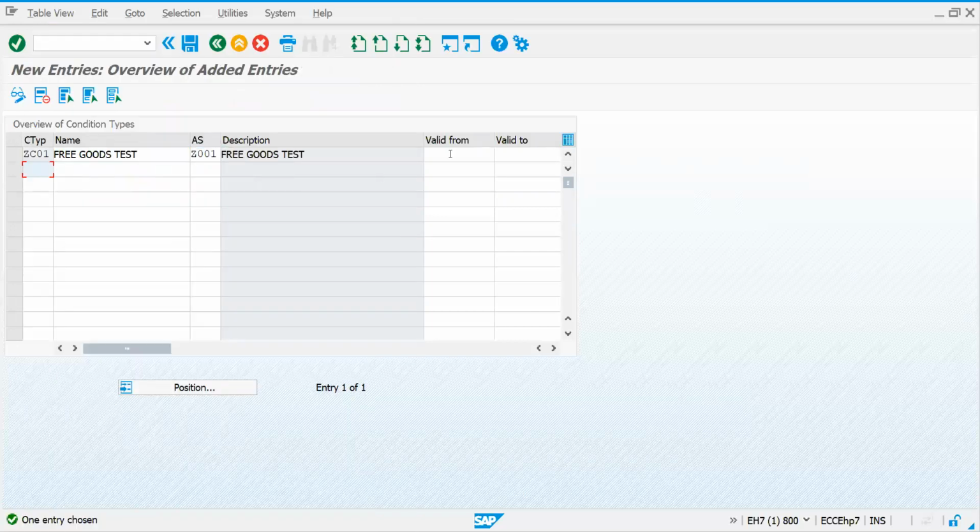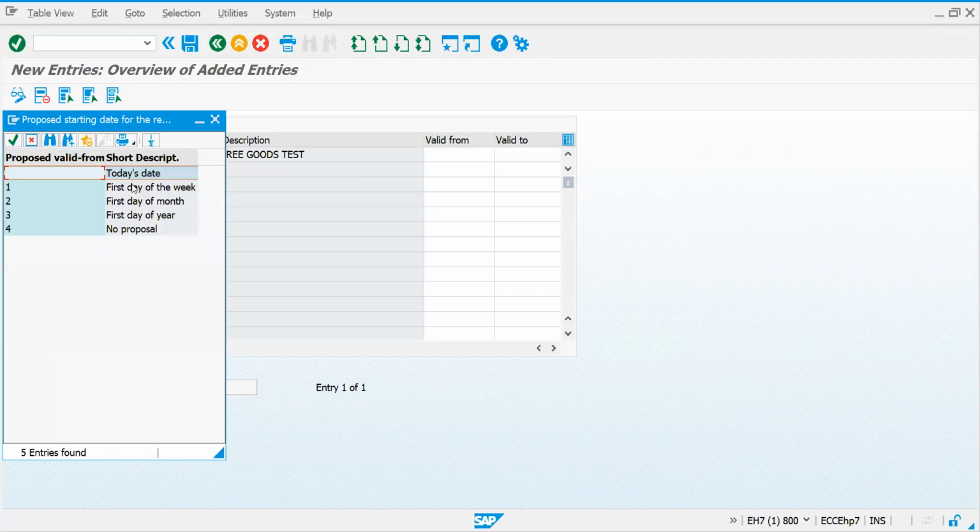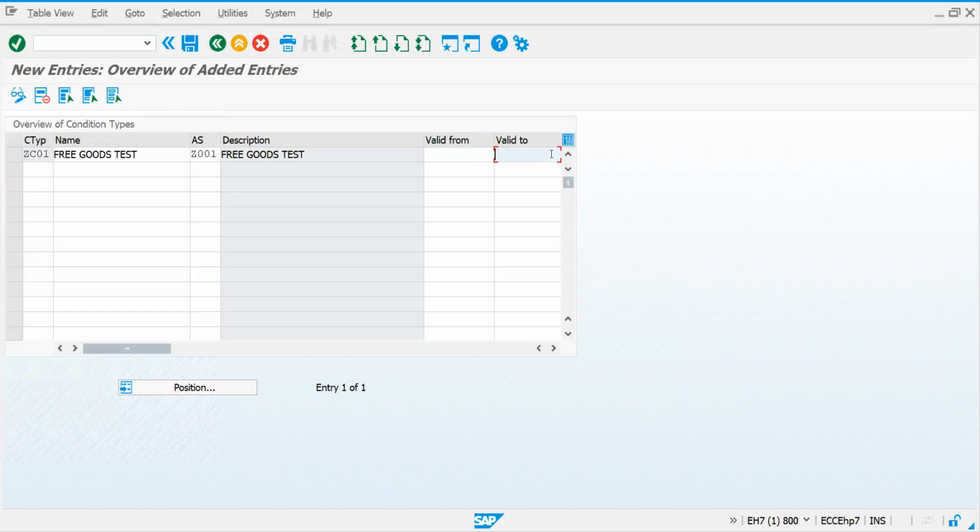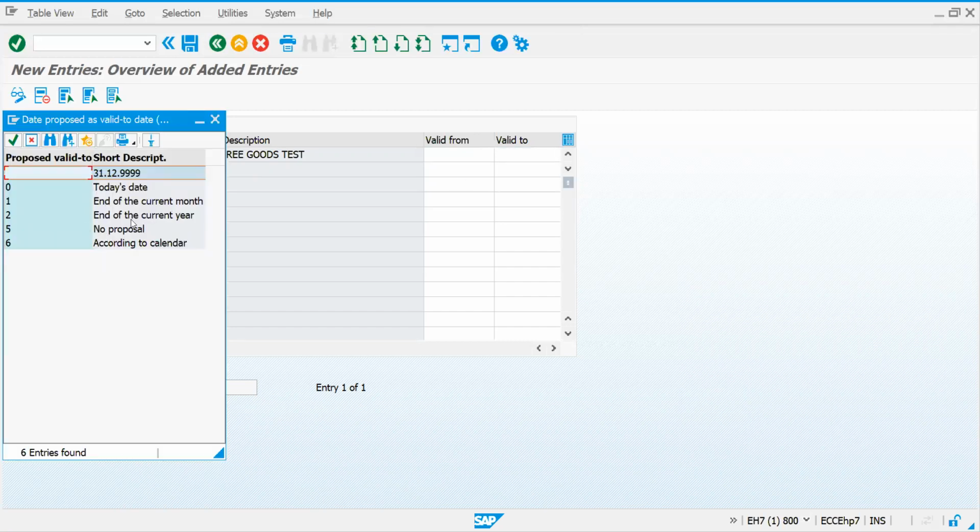Just enter this. Now you can tell how long it is valid here itself. While determining your records, you say today it's blank. Probably I can say the end of the current month or else the end of the current year. Sometimes you can say no proposal. If you don't give it, there is no problem.